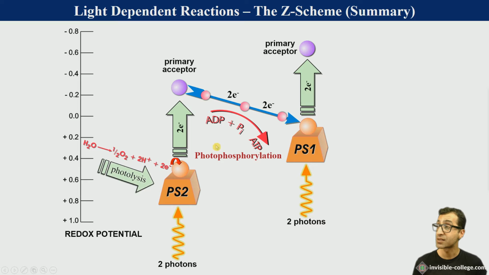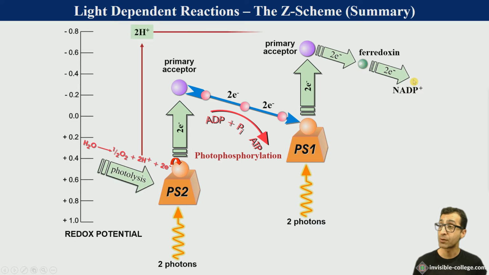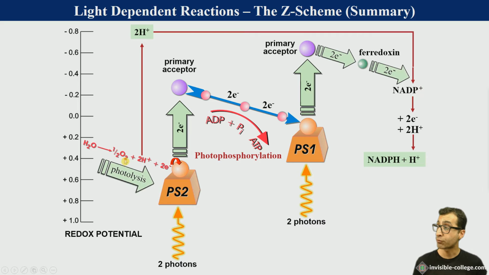So we refer to this as photophosphorylation. In turn, the primary acceptor, which accepts the 2 electrons which have been promoted to that energy level by the absorption of photons in photosystem 1, these are then passed down to the ferredoxin molecule, which then in turn passes them down to a lower energy level at the NADP molecule, and the 2 protons produced by the photolysis of a water molecule are then added along with the 2 electrons to that NADP to reduce it to form NADPH